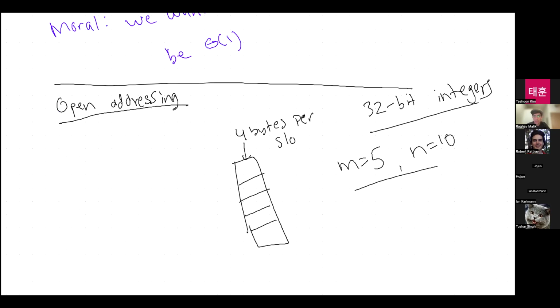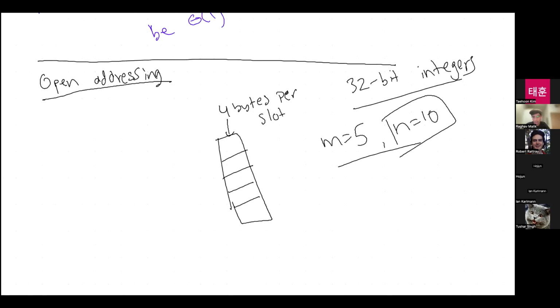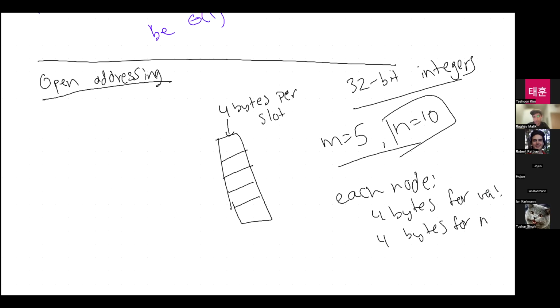And on top of that, there's 10 linked list nodes sitting somewhere. Each linked list node is going to have 4 bytes for the value, and then 4 bytes for the next pointer, right?